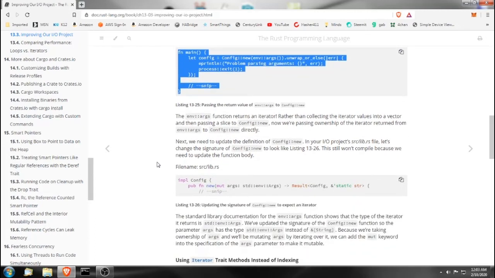The env::args function returns an iterator. Rather than collecting the iterator values into a vector and then passing a slice to Config::new, now we're passing ownership of the iterator returned from env::args to Config::new directly. Next, we need to update the definition of Config::new in our I/O project's